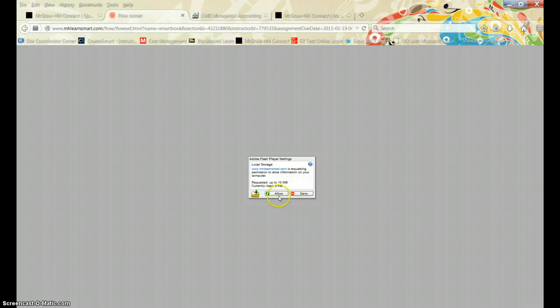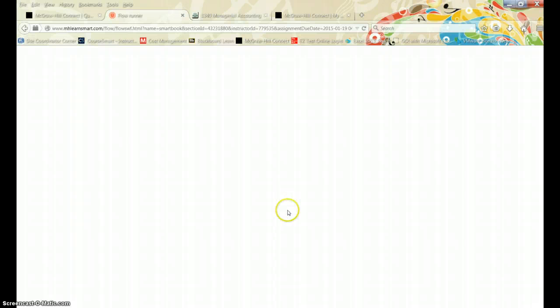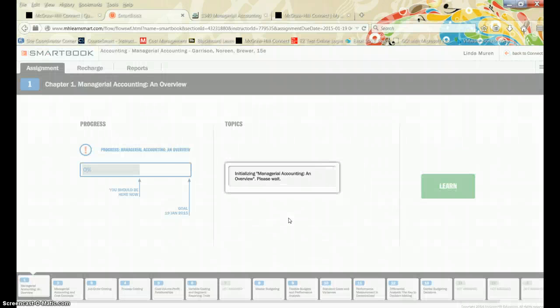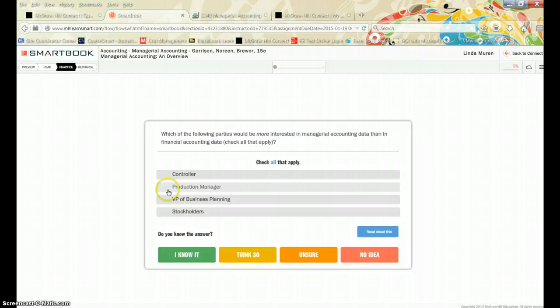That might cause some difficulty for those people that have an iMac or a Mac. It's supposed to load. Perhaps I didn't click it hard enough. So it is loading at this present time. Okay, and the module that I'm in jumped to practice,